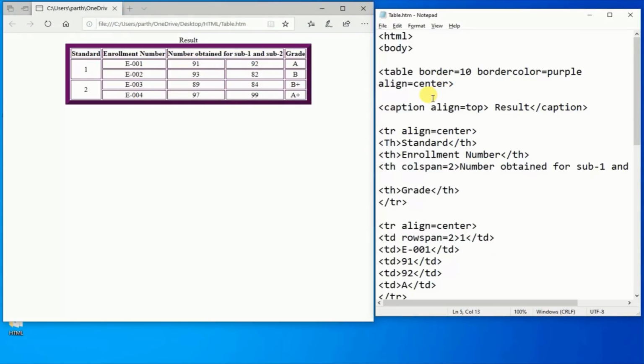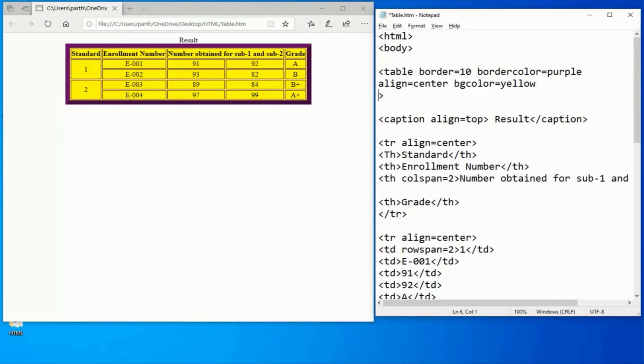Next we will see some of the attributes of table which we discussed in the theory section. That is the bgcolor attribute, which will change the background color of the table. Here we pass the value yellow. Next is the height attribute, which is used to set the height of the table.